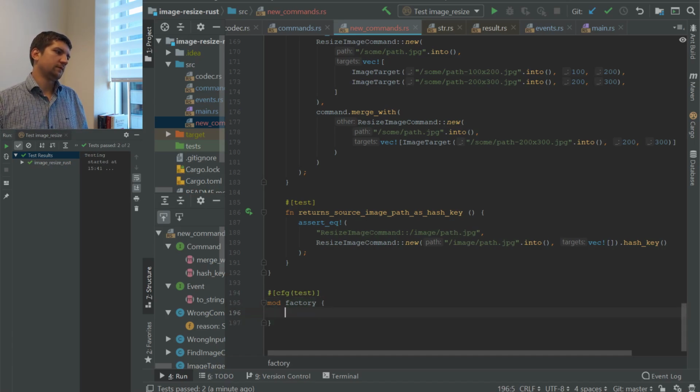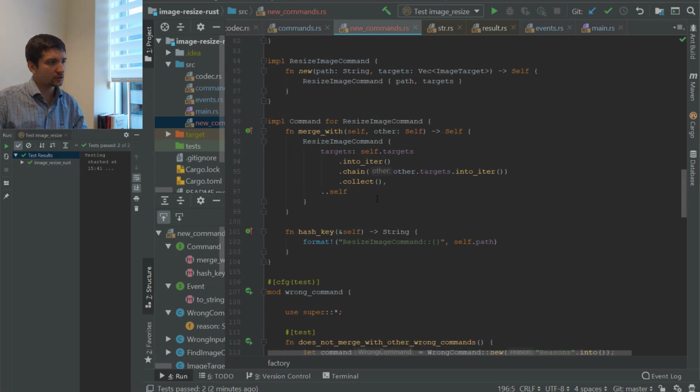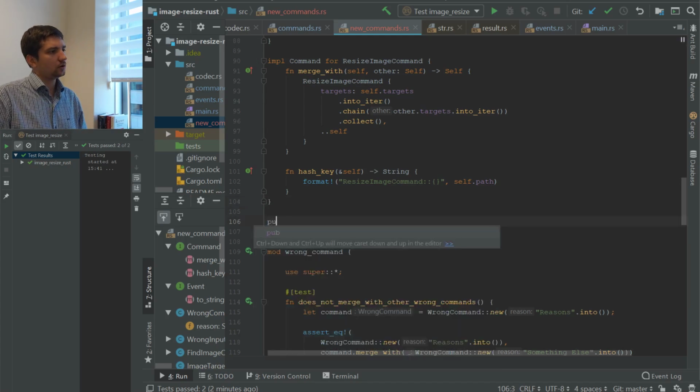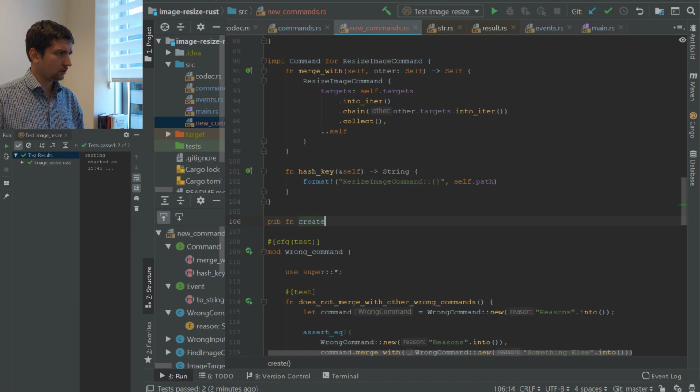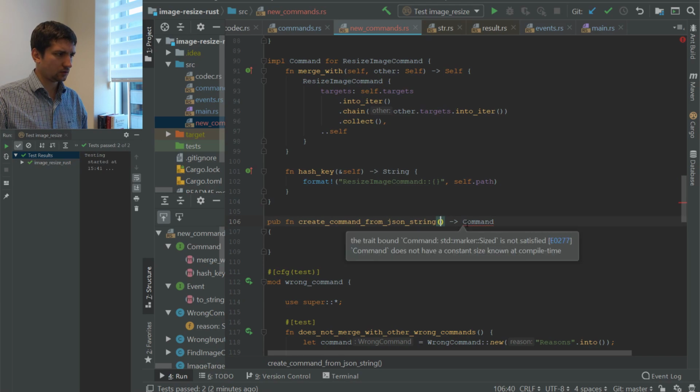So this is a factory of the commands, and it's actually going to be our public fn create command from JSON string. So this is something that we expect. We expect it to return back command, and here